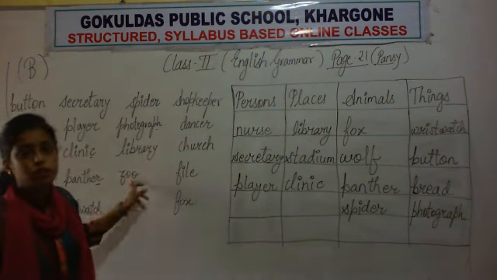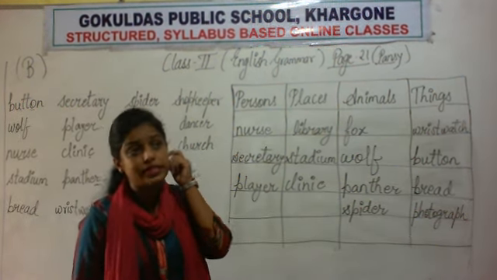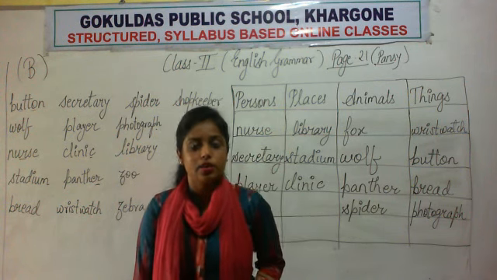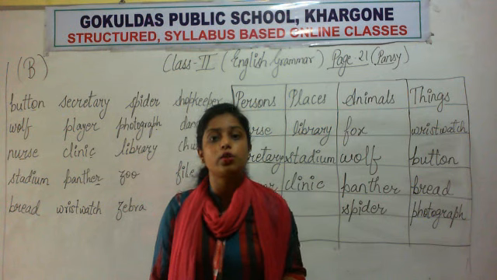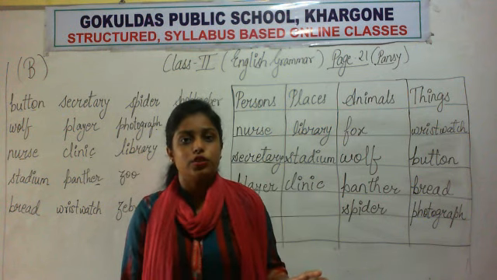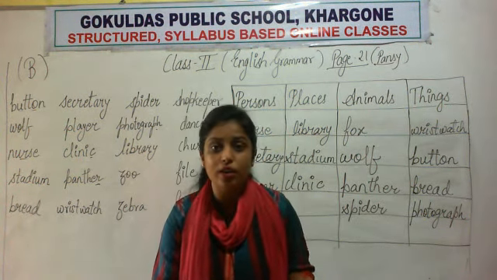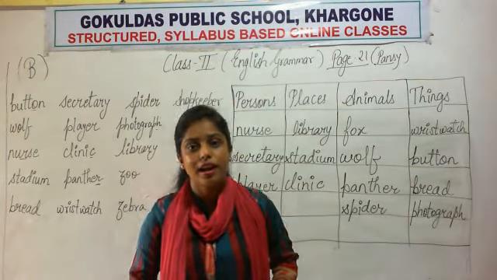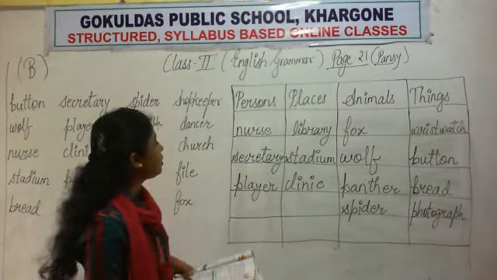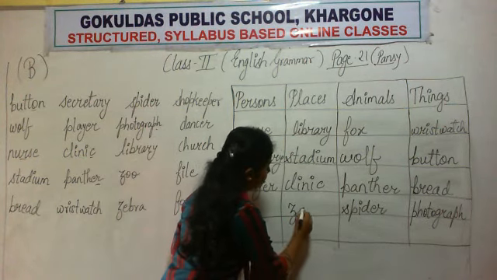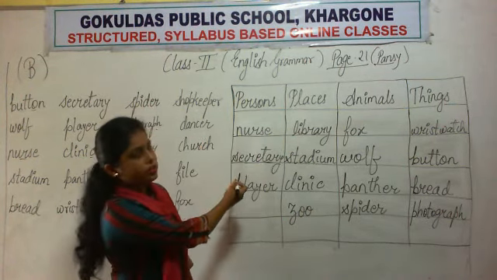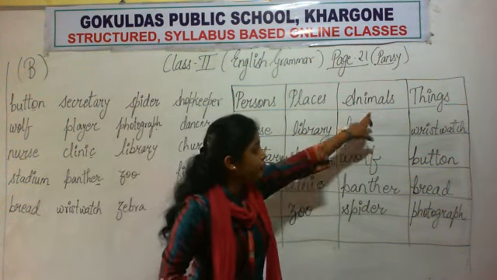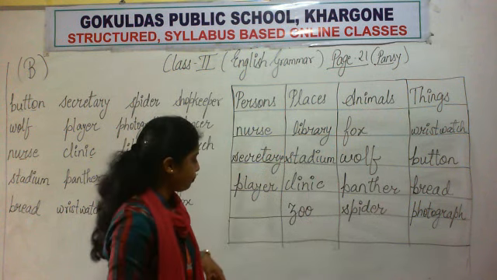Zoo. Zoo is what? It is a place where the animals are kept, so that you can visit the zoo and you can see lot of animals. Okay, zoo एक place है जहाँ पे animals होते हैं, जहाँ animals को रखा जाता है, so that आप लोग जाए और उन्हें देखें कि there are so many types of animals, so many different types of animals. Okay, so zoo is what? It is a place. Zoo is a place. Zoo is not the name of a person or animal or thing. Okay, zoo is a place where animals are kept.